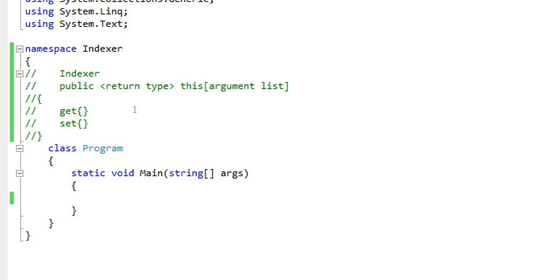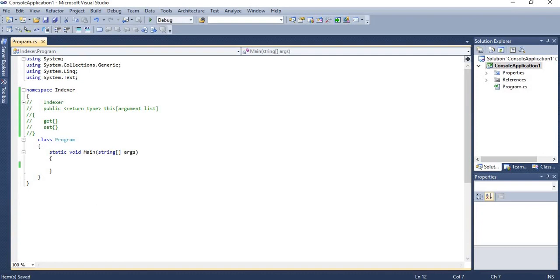The argument list requires at least one argument in an indexer, and then come the get and set methods, or we can say accessors. The difference between property and indexer is that a property does not require the this keyword, whereas in an indexer we have to specify the this keyword. Also, a property is identified by its name, but an indexer is identified by its signature.